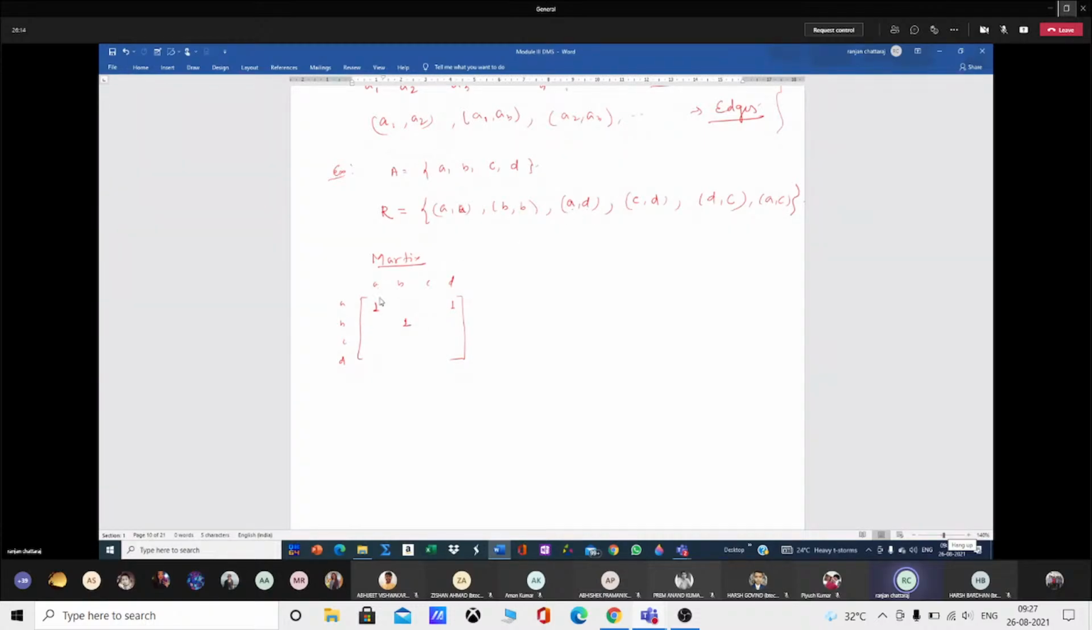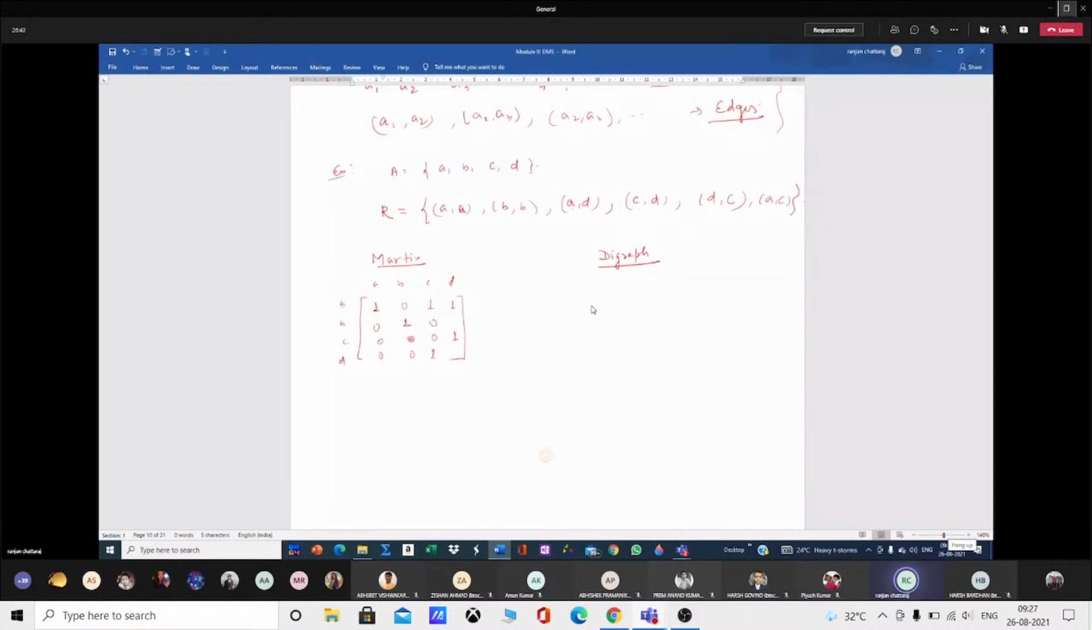This is the row, this is the column. First AD, and then CD, DC, and AC. So the rest are 0. So this is the matrix representation. If you want to use the diagram,